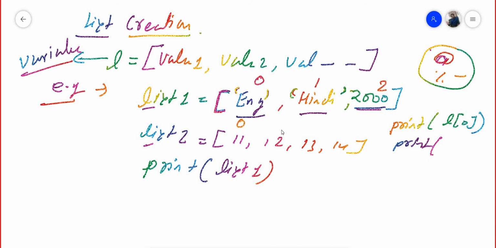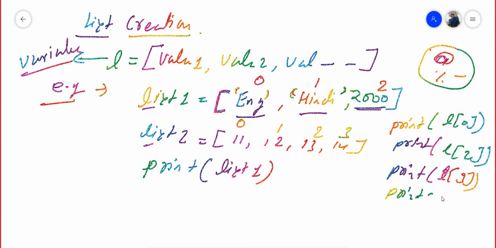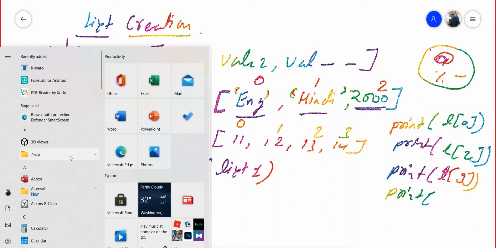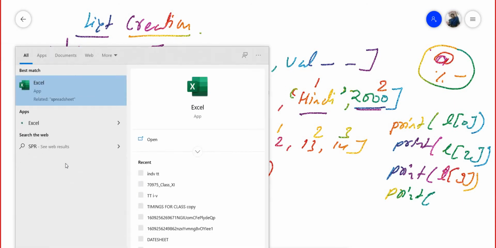Here this is 0, this is 1, this is 2, this is 3. Now see, print L[2], print L[3], print L[5]. You can do programming on that.